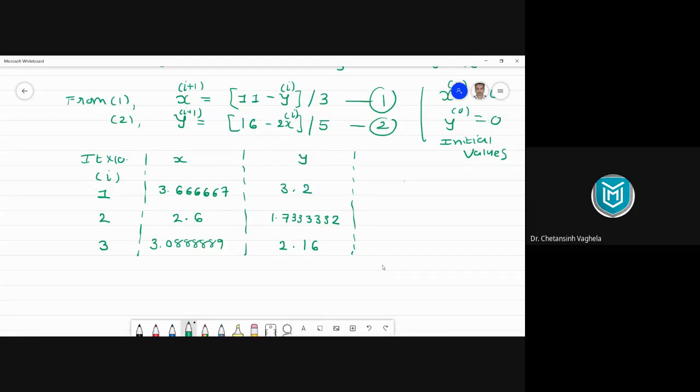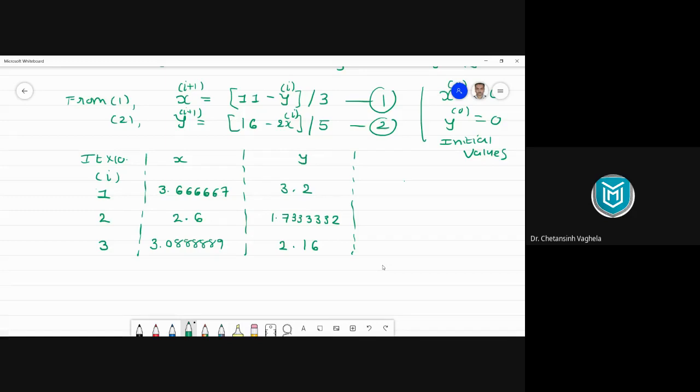Now you might be wondering when this process will stop. To stop this process, we need to check the decimal accuracy. Once you start doing your iterations, your values will get better and better. So after the decimal, you will get some common digits. Like in the x value, you could get 3 point something, 3.27 or 37. As the digits start repeating and become the same, we will stop the process.